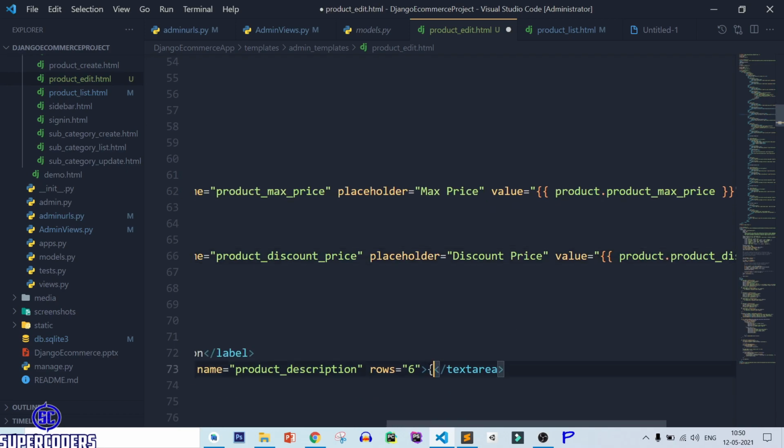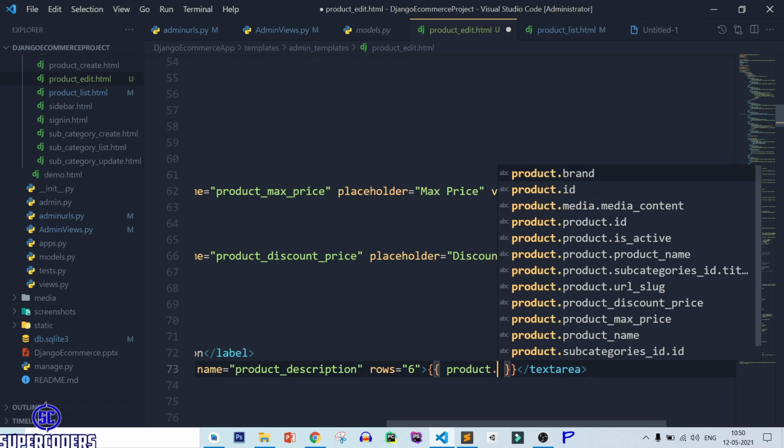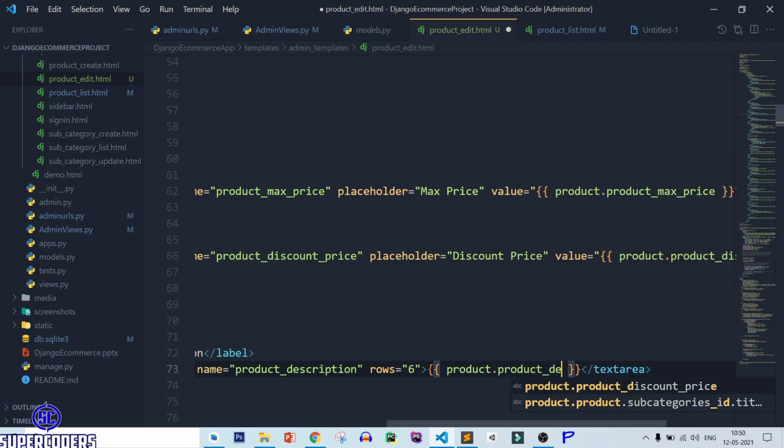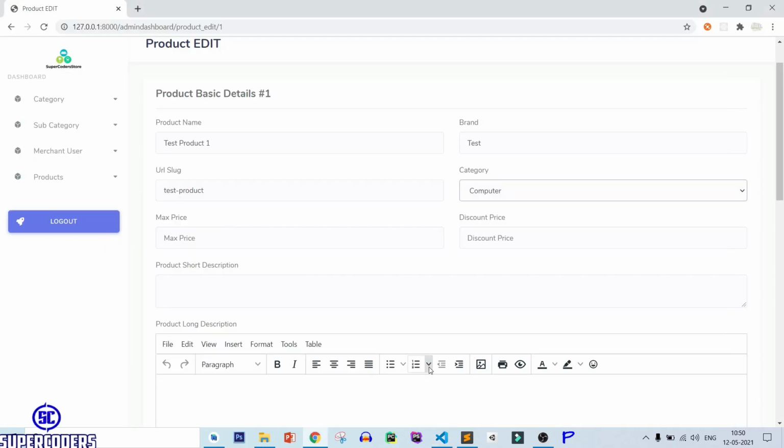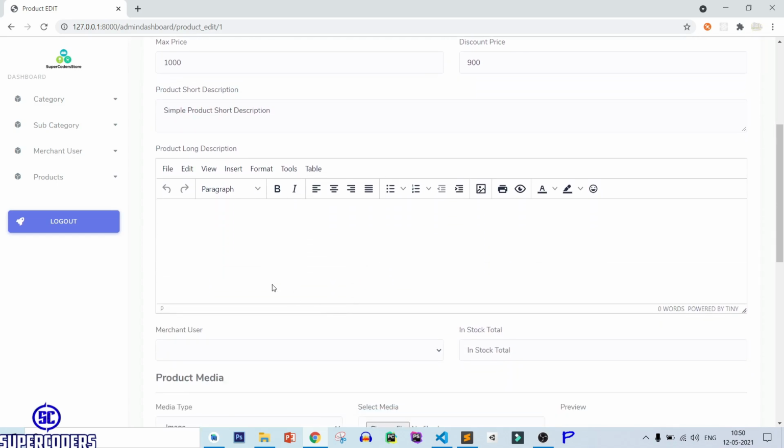After that here we need to show product underscore description. Save this file, refresh page, and you can see it is showing max price, discount price and short description. Now after that let's leave this long description because I will show how you can set long